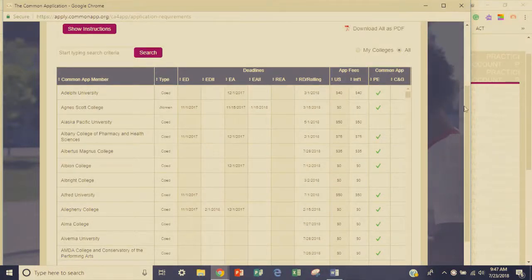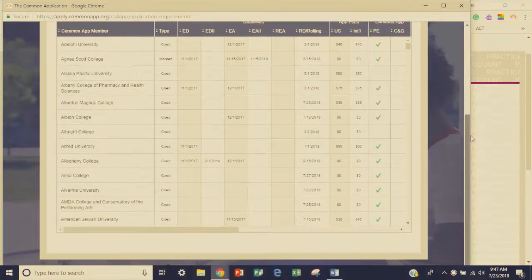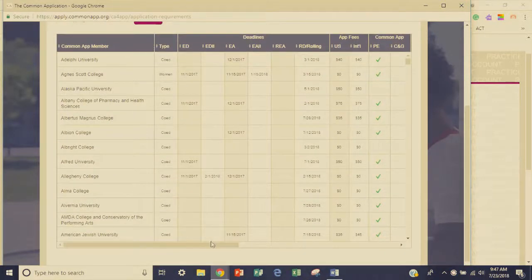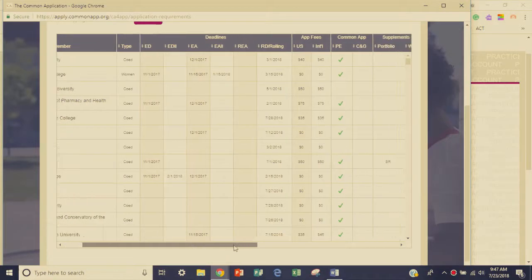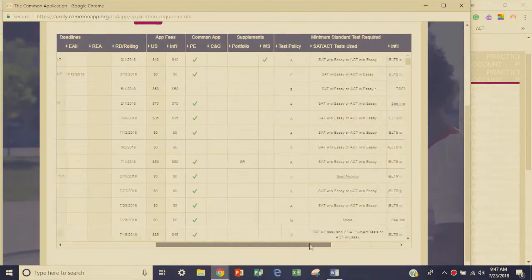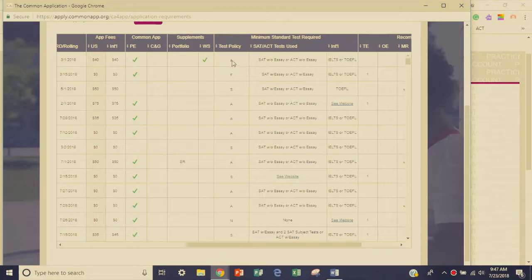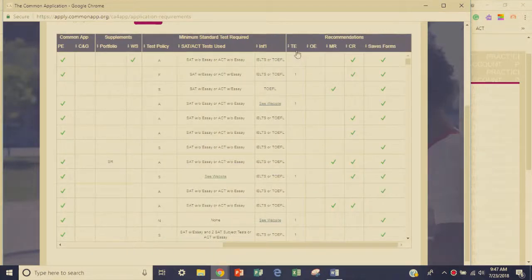PE means that they require the personal essay, what is often referred to as the Common Application essay. Most schools do require that. And you can even see, yes, they do require either the SAT without essay or the ACT without essay, so you wouldn't need to submit the essay portion of those exams. By the way, the A stands for always require tests. We can see other things like, do they require a teacher evaluation,